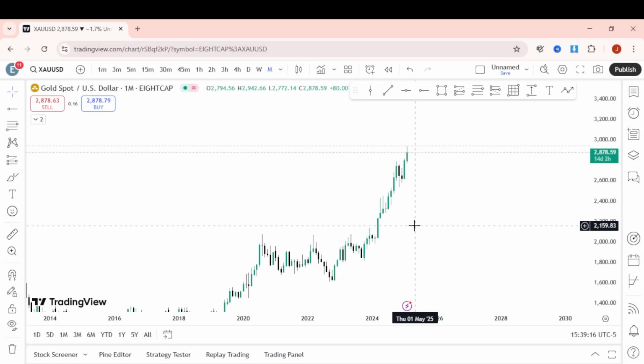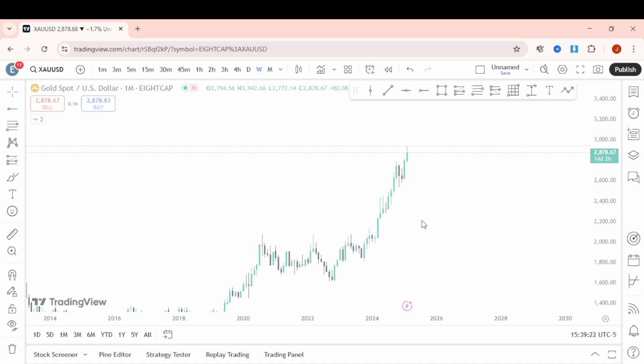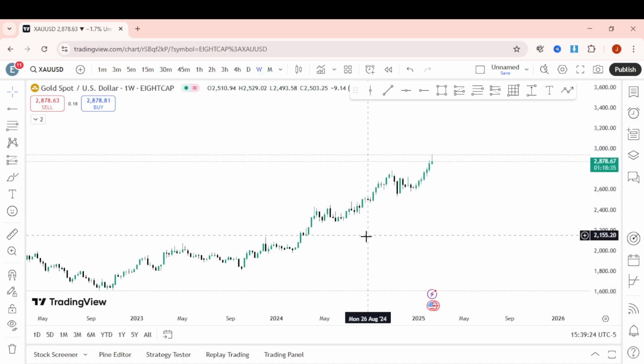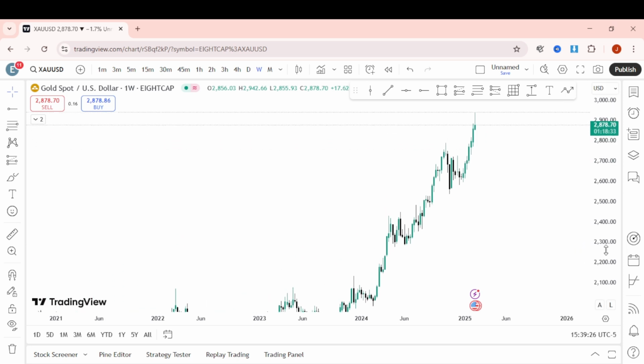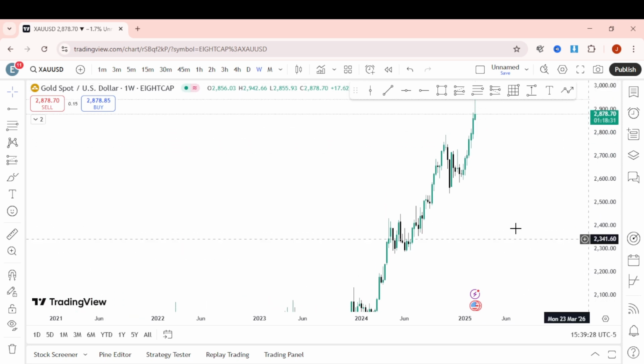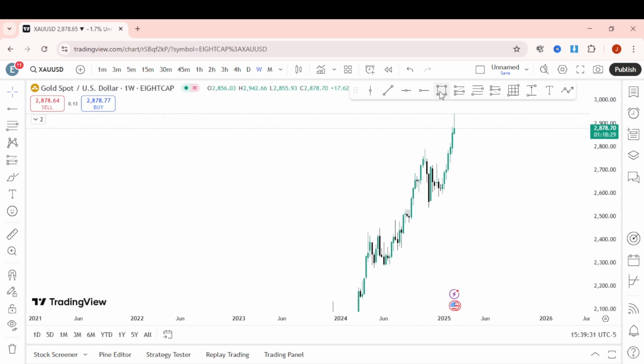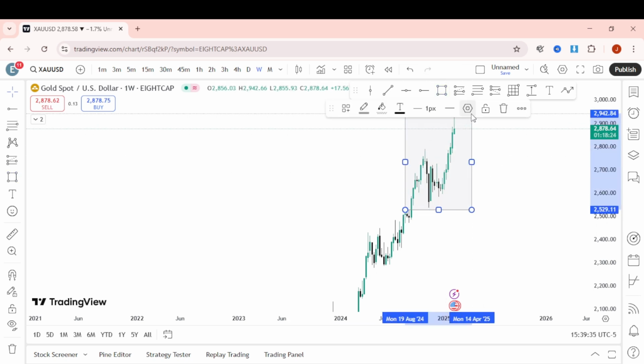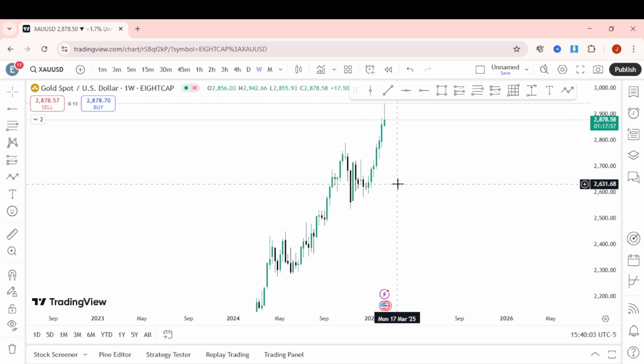Now first off, we're going to be checking out gold. This is a monthly time frame. So I'm just going to go down to a weekly time frame in order to get structure. Okay, let's talk about this region right here up until this place. Okay, so in this weekly time frame, price has been going all the way up,